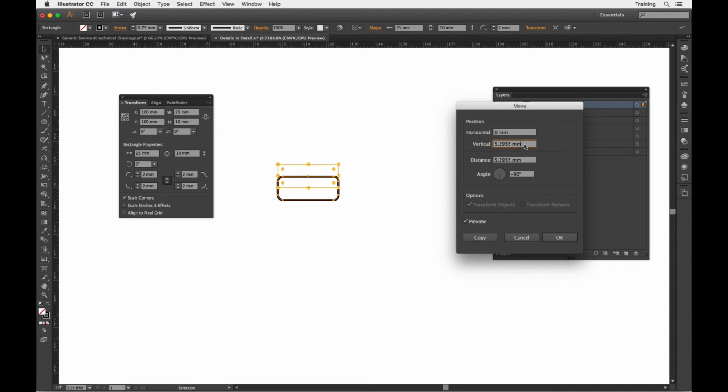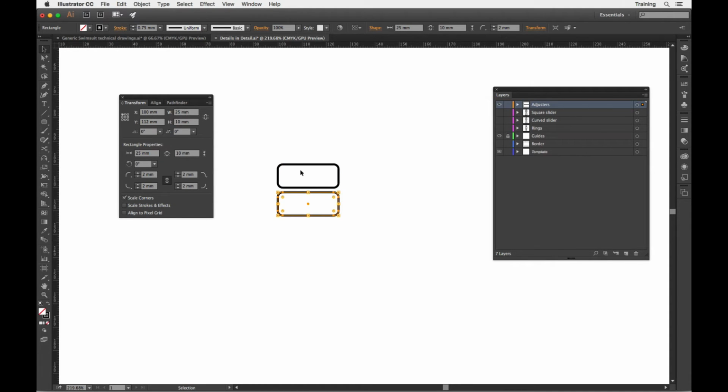Then vertically, I want it to be 10mm lower, plus the extra 2mm to get me a gap between the 2. And I hope you can add 10 and 2, but if you can't, you can actually enter the sum itself, so 10 plus 2 in the box there. If I press the tab key just to bring me into the box, you can see how it's moving that object. If I click on copy, it will make a copy, and I know that copy is exactly 12mm lower